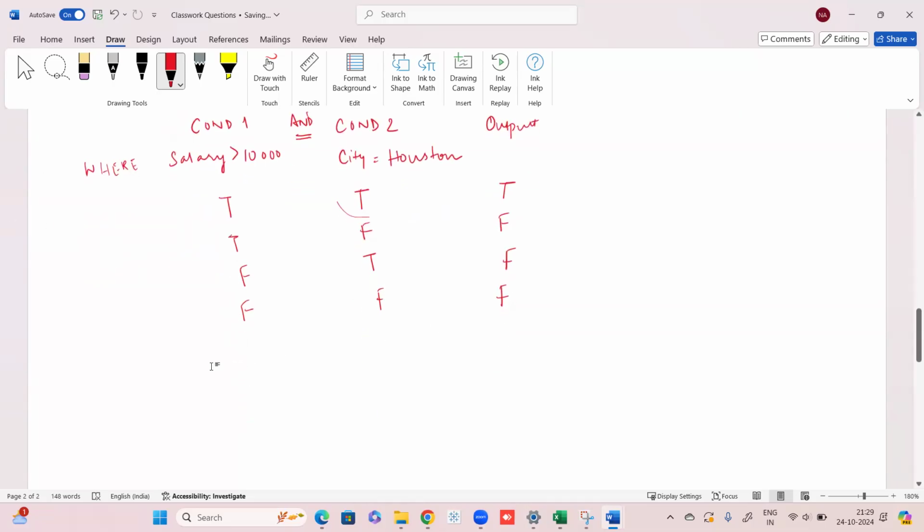Okay. For or, if I am doing the same thing using or, if the first condition is true and the second condition is true, then that row will appear. If my first condition is true and the second condition is false, then also it will appear. If my first condition is false and the second condition is true, then also it will appear. It will only be filtered out if both conditions are not satisfied. So or essentially means either this condition is satisfied or this condition is satisfied. For those rows where either my salary is greater than 10,000 or city is Houston, all of those rows will appear in my final output. Only if my salary is also less than 10,000 and city is also not Houston